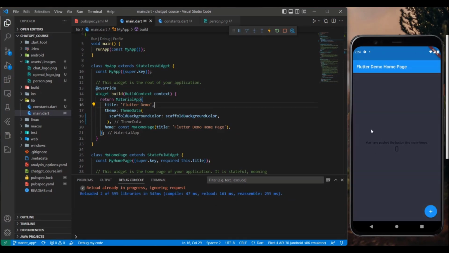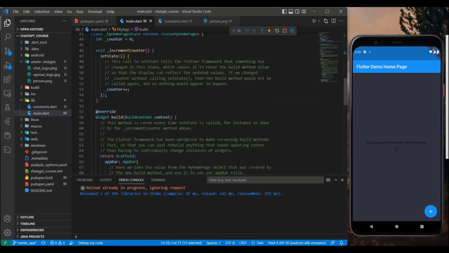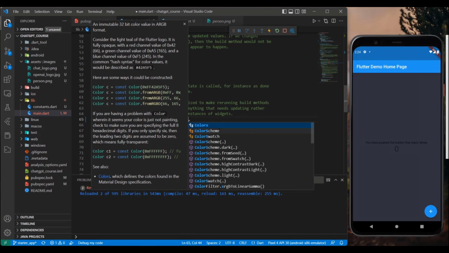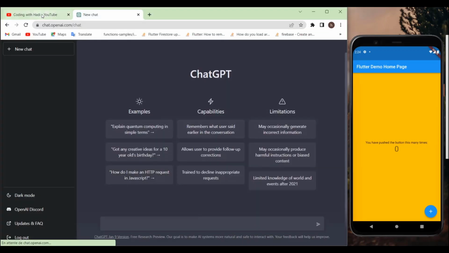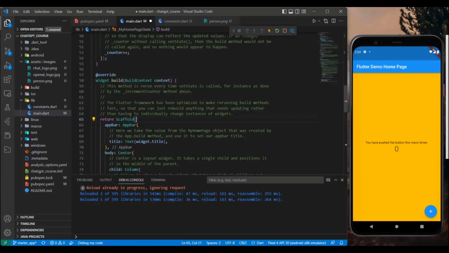And as you can see, the scaffold background color directly got changed. Okay, we have this home page being used here. In order to change the scaffold background color, you can add background color here and choose any other color that you want, okay? I explained this in detail in the tutorial I showed you, so make sure to watch it. Now,